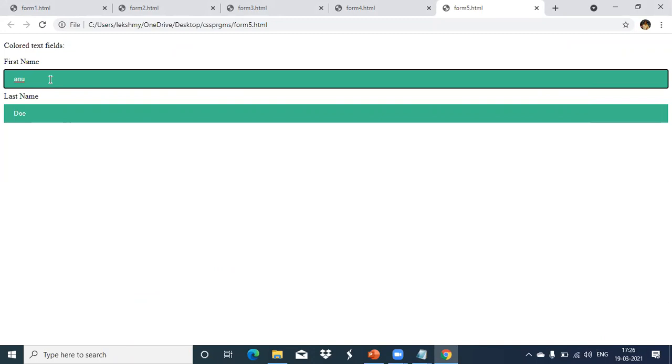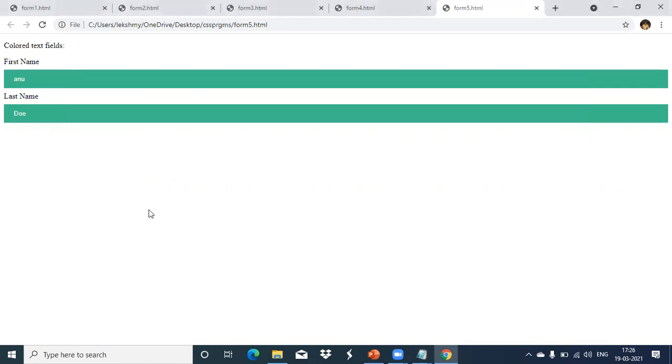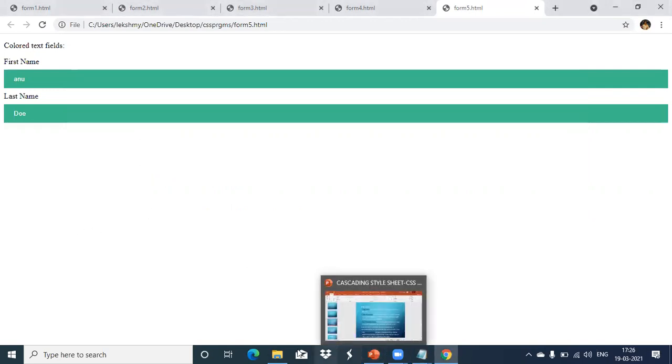It will accept that. But when the web page is loading for the user, if you want to show some default value in your text boxes, then you can specify this value attribute for your text box. Okay, is it clear? So this is the color text field we have created.